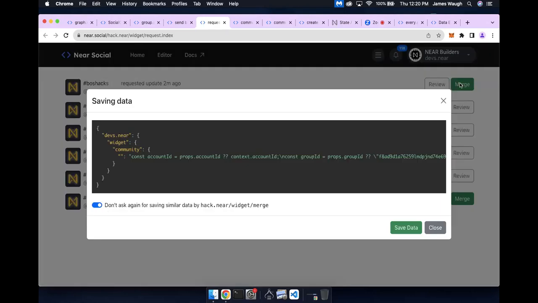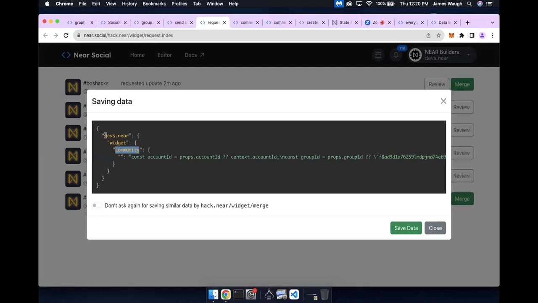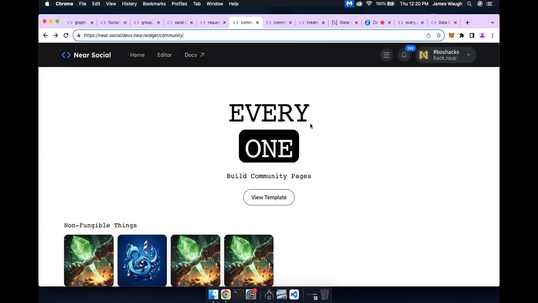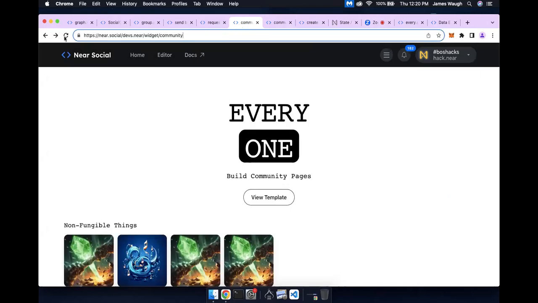So when I click merge, it's going to go ahead and save this code, which is pulled from the other version. This is the code, and it's going to be called community like it was before. We're saving a widget called community with this code, and all we're doing is piping in the code from the other version. So we save this. Remember, this is what that looked like before. Here's what we proposed it to look like. And when we refresh,